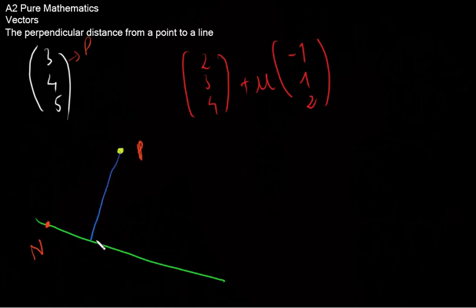So we want to find that distance, and the point here is that to find this distance we need to find a point on this line such that this distance is actually the least. So the fact that